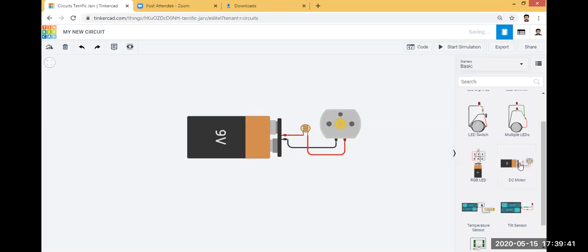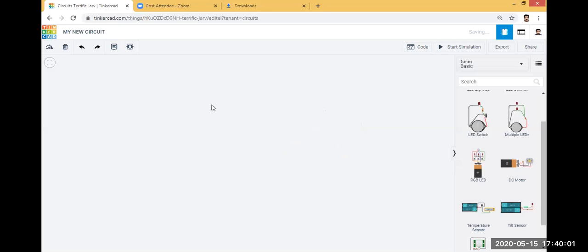So there are so many examples in the starters area. You can go to the components, then click starters. You can see there are different types of tutorials available. So I will click the undo button for deleting. Okay, then the next option is the Arduino.